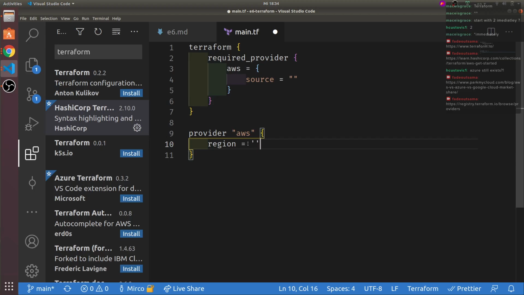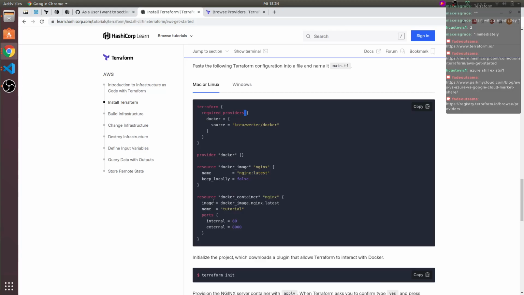Let's say EU Central 1, which is Frankfurt. Maybe not go there. Let's do US East 1. And I also need different quotes here.